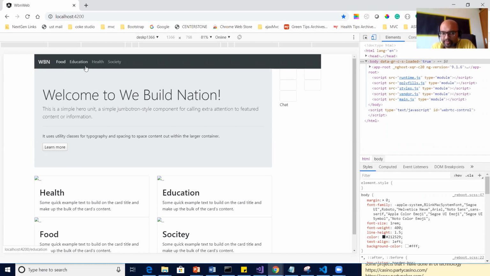Make it a story, and we start working on it. Homepage skeleton we have completed, so that story can be moved to close. And we can create one more story, say food skeleton and education skeleton.